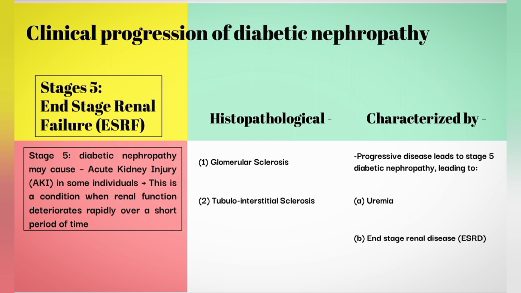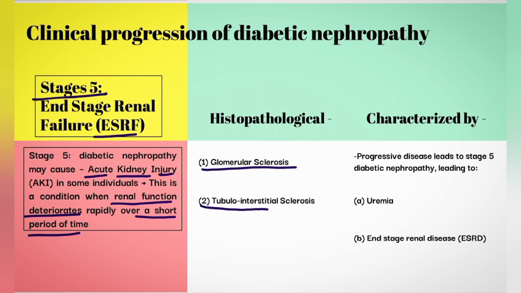Coming to the last stage, stage 5, which is known as end stage renal failure, the diabetic nephropathy may also cause acute kidney injury in some individuals, and this acute kidney injury is a condition when renal function deteriorates rapidly in a short period of time. The histopathological changes in this stage are glomerular sclerosis,